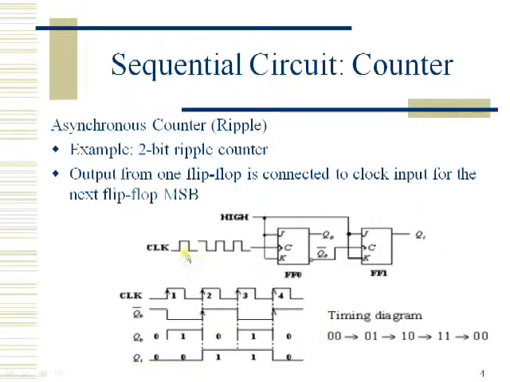Now as soon as we apply a clock signal, during the first rising edge, what happens to Q0? Yes, a complement is obtained on Q0. Initially it was 0, now we get 1. And the second flip-flop doesn't receive a rising clock. Why? Because Q0 bar is 0 now, so it will not process the inputs until it gets a positive rising edge.